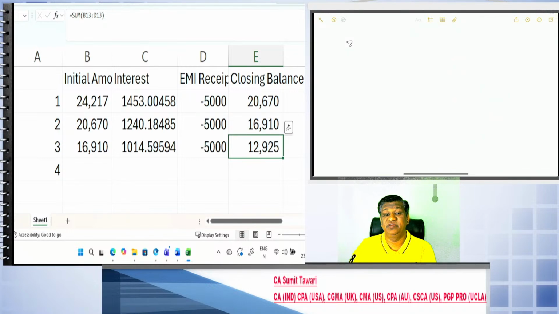Then we need to de-recognize the asset, and whatever may be the difference between the lease receivable and the de-recognition of the asset, that goes to the gain. Okay, then